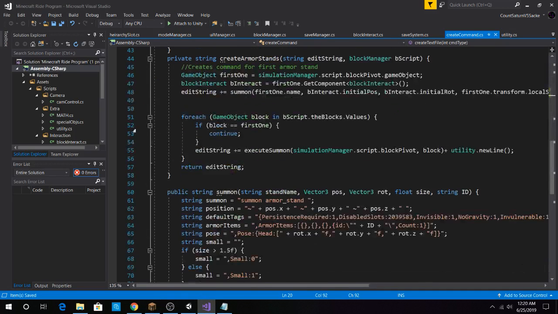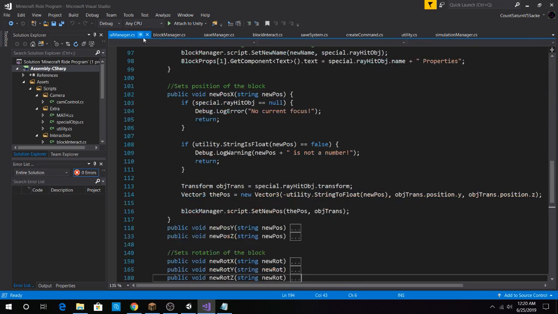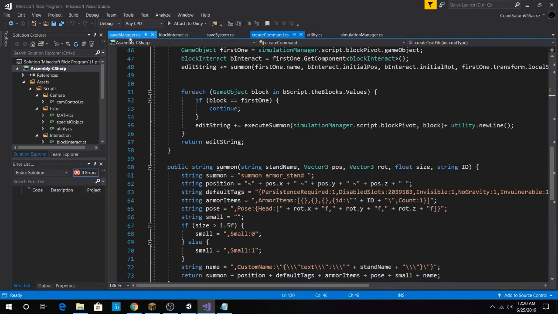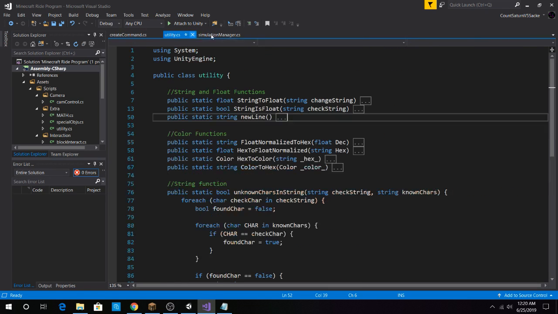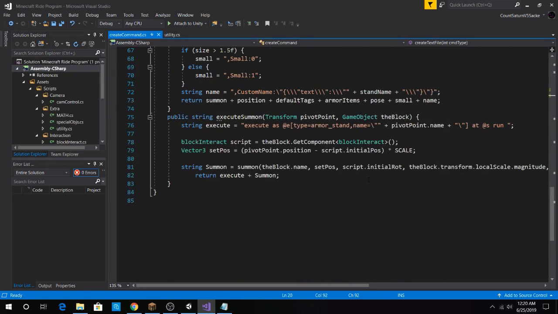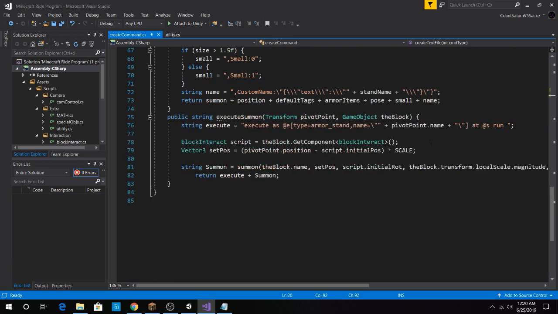I also figured out that let's actually get rid of a ton of these, because we don't need all of these. There's way too many, so get rid of them. All right, so create command. I also figured out that when we do the execute, we actually do not need to include these quotes around the name. I didn't know that before. I've never known that you don't need it. And to prove my point,